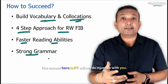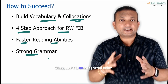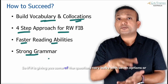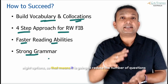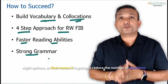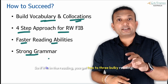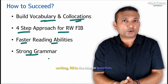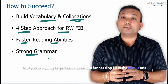The answer here is PTE will not do injustice with you. Okay, so PTE is an integrated exam. It's a balanced exam. So if it is giving you some of the questions very bulky with 7 options or 8 options, that means it is going to reduce the number of questions for the other modules, right? Within the same section. So if it is in the reading, you get 2 to 3 bulky reading and writing fill in the blanks questions. That means that you are going to get lesser questions for reading,